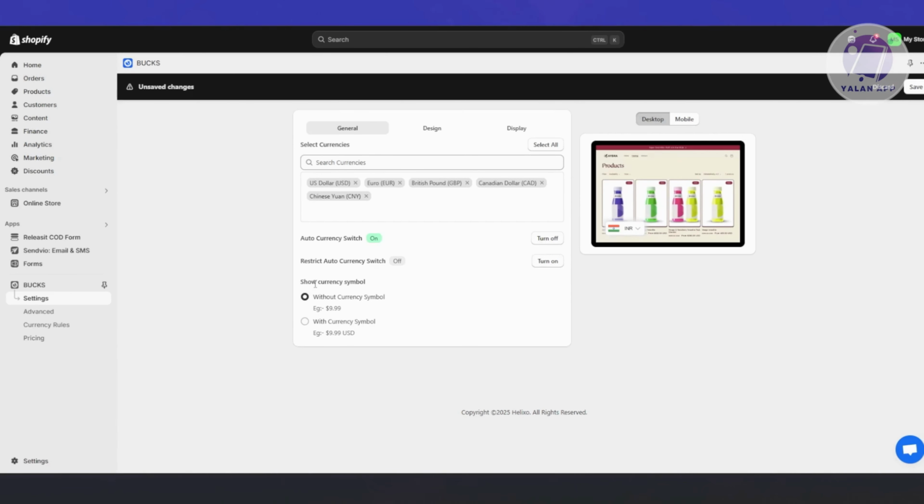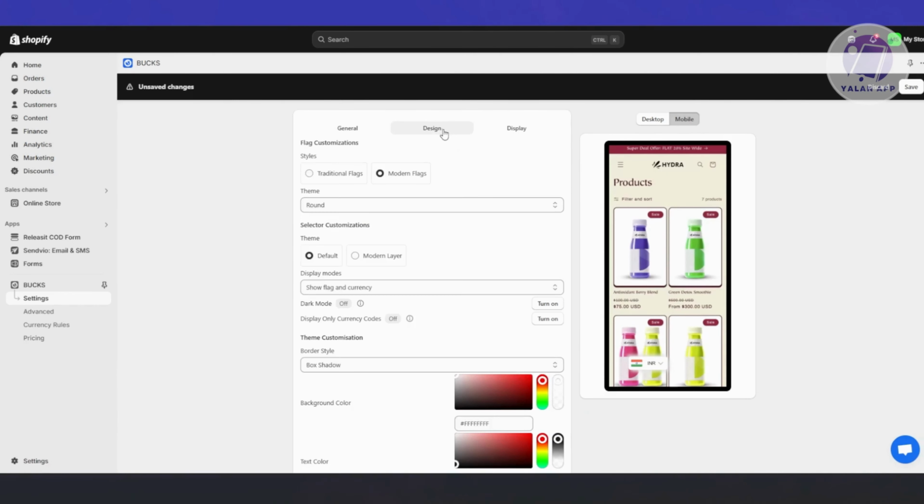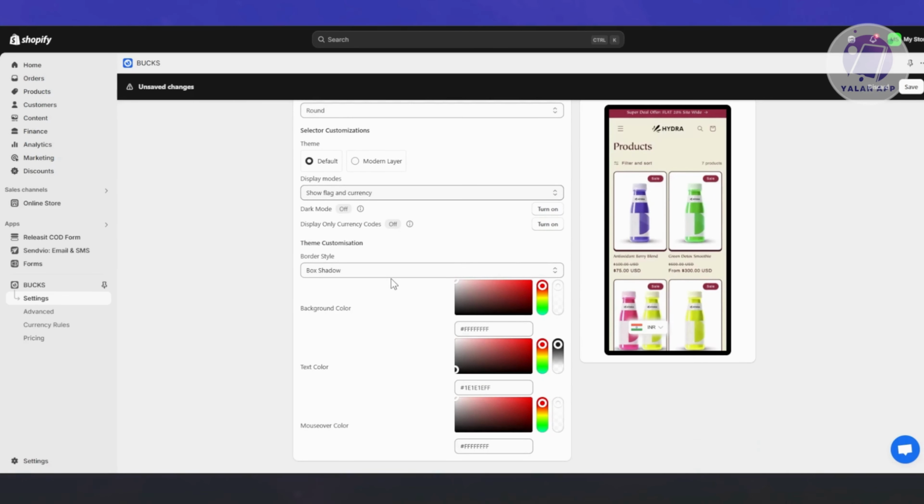They also have the show currency symbol option. So you can choose to show the currency symbol or go without it, so you also have that option. Also, let's go and click on save at the top right here. And you can also view this on mobile. As you can see, this is what it looks like on mobile, just in case. And you also have the design itself. You could change the theme, the display modes, the border style if you want,